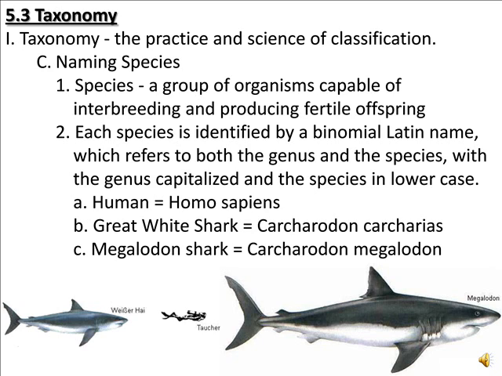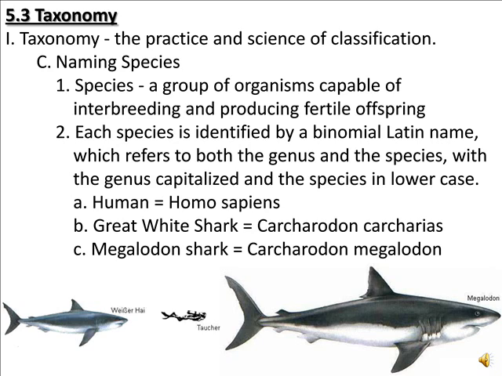Now, each species on Earth is identified by a binomial Latin name. The first name is the genus that it is classified within. And that is usually capitalized when it is written. In fact, it should be capitalized. The second name is the species of the organism, and it is usually written in lowercase. This process of coming up with a two-name scientific name for an organism is called binomial nomenclature. And traditionally these names are written in Latin rather than in a commonly used language today.